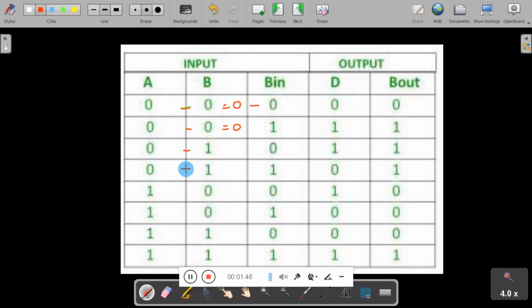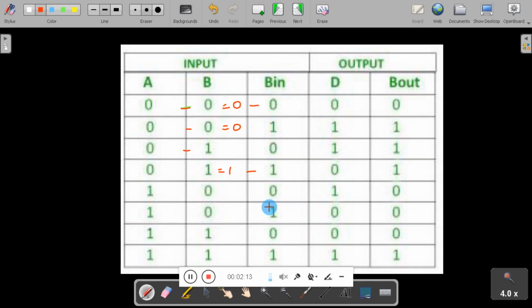In the fourth case, 0 minus 1 is 1 with the borrow, borrow is 1, and 1 minus 1 is 0. Like this we have written the truth table for the outputs, difference and borrow out.